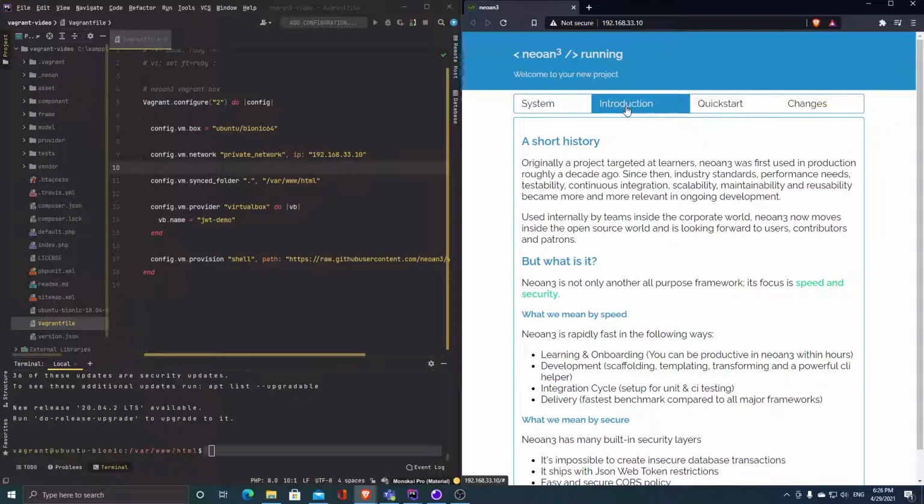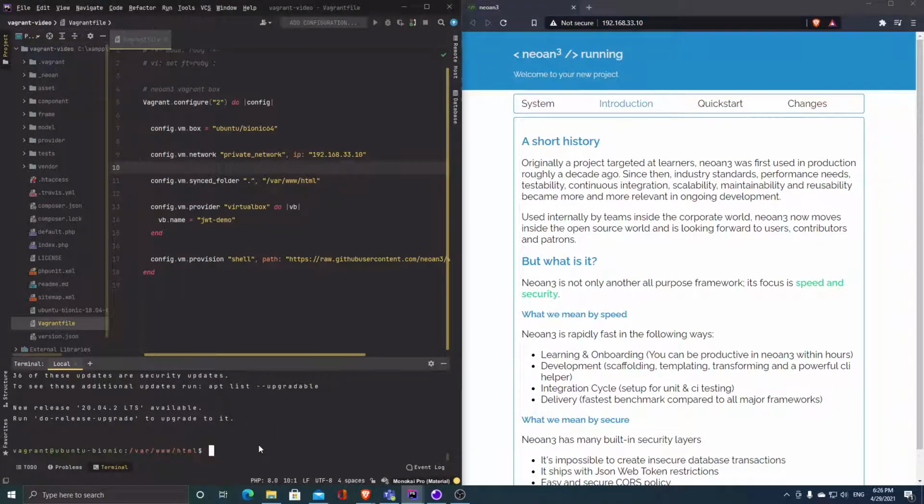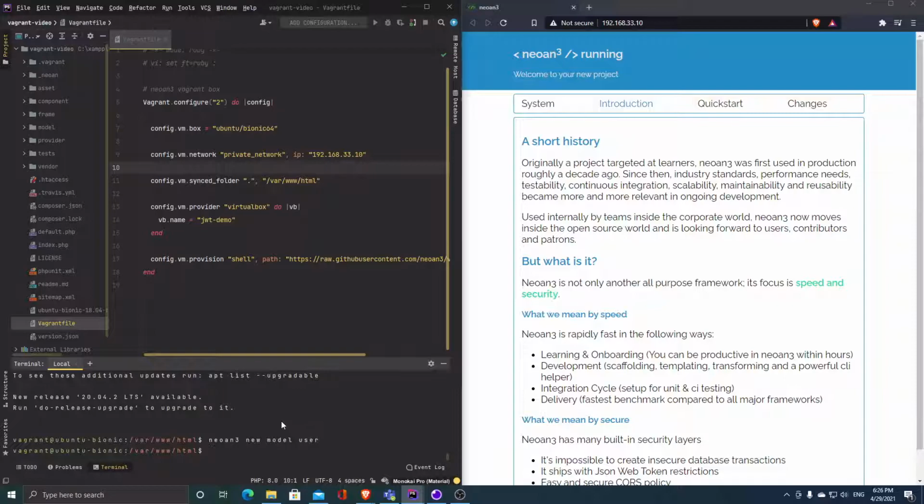And first things first, we're going to start with a very simple command in order to get a new model created. So I'm going to type neoan3 new model. So this is going to use an MVC structure, and I'm going to say user. Okay, so far so good. So if you look into model, you can see that we now created a user,